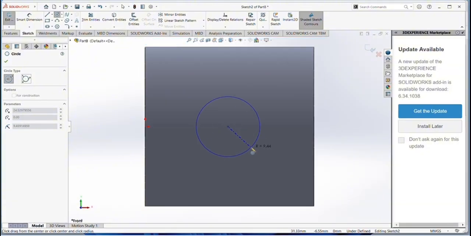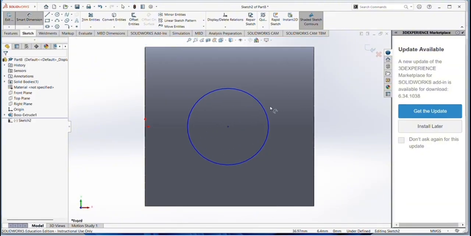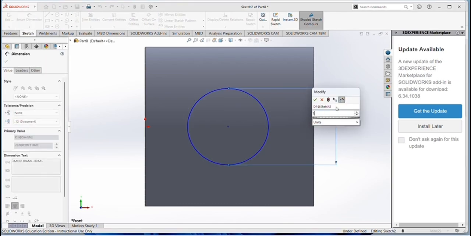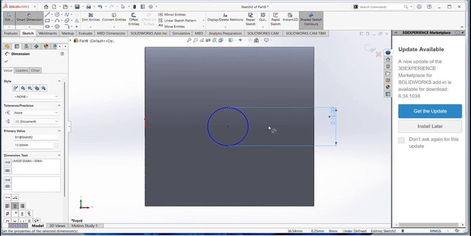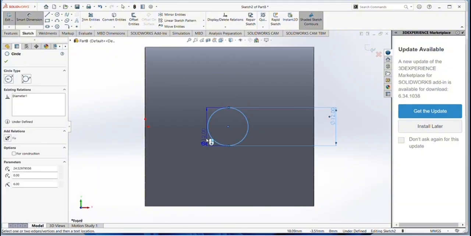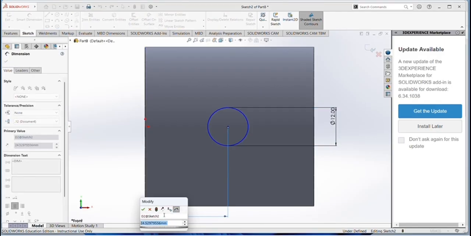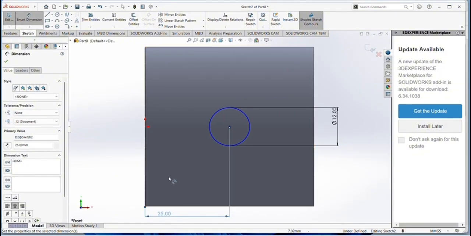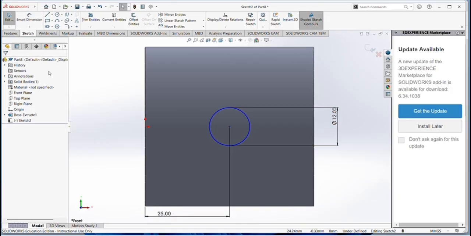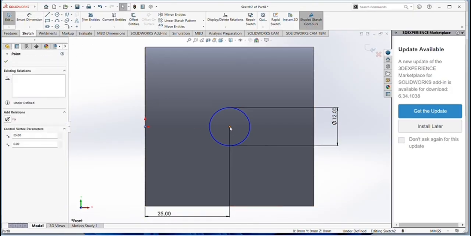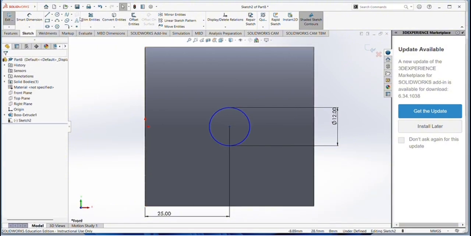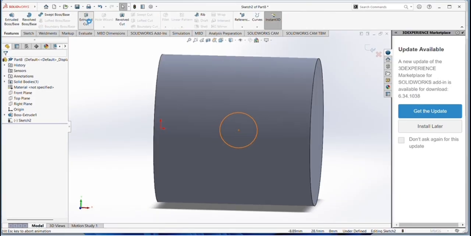and then make that dimension 12, and then from here to here make the distance 25, and then this one is done. Make sure this one and this one are on the same axis, and after that you have to extrude cut,